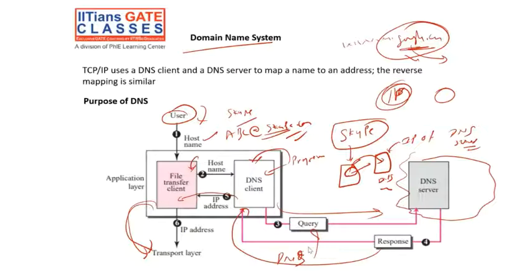The basic idea. There was a question in GATE 2019, I think, where you have to tell the sequence of steps. First of all, DNS query, then TCP, then your HTTP request, right? So this is the meaning of DNS query. And this DNS client is a program which is a part of the application. But the DNS server we can install anywhere. Maybe a server in the US, maybe a server in India, any specific location, any remote location, right?